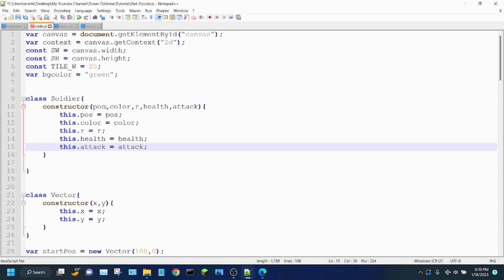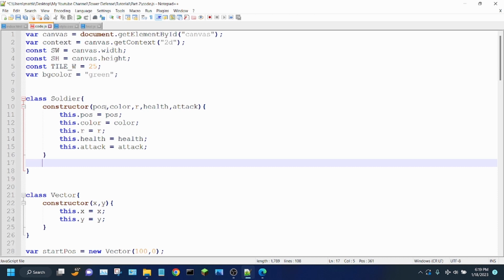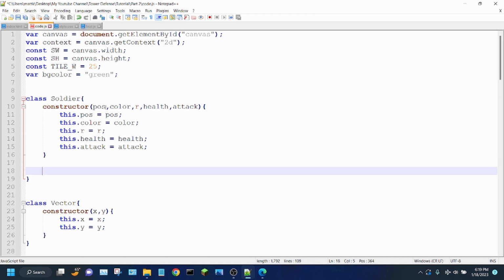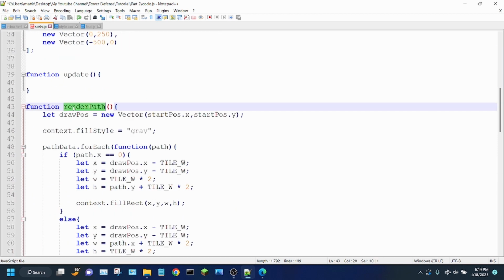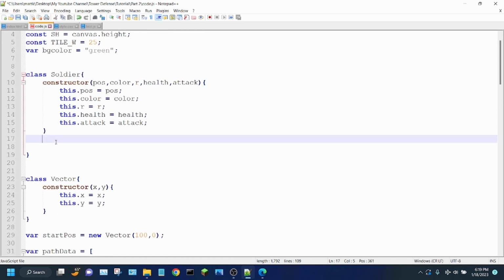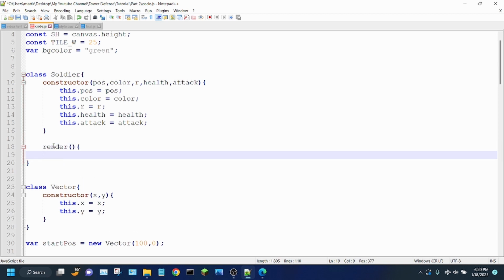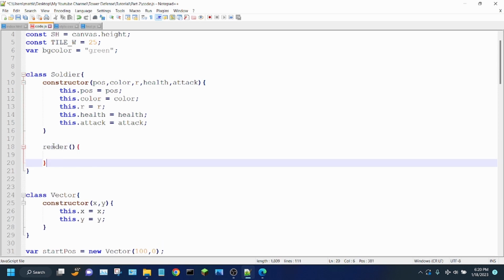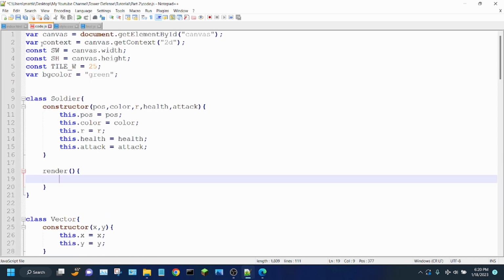Now, while we're at it, let's go ahead and create the draw method for our soldier. This is going to be the function that you call to make the soldier render to the screen. And in fact, I believe I used render. Yeah, I don't say draw, I use render. So I'm going to create a render function which is going to draw him to the screen. Render. And to render the soldier to the screen, the first thing we need to do is run the begin path function with our context up here,